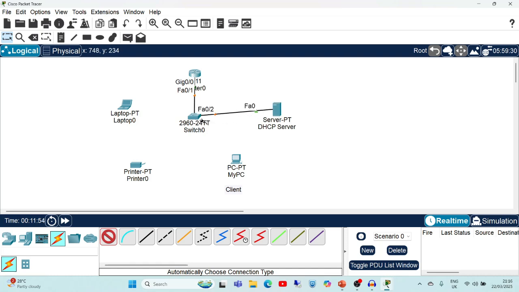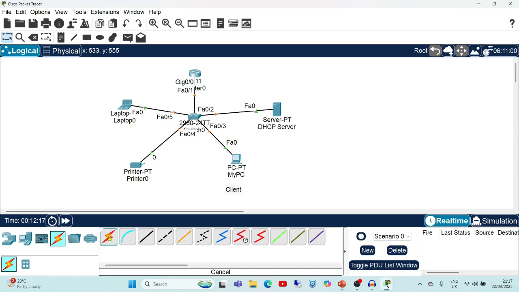And here we are going to connect the switch to each and every device. So like this, you just have to drag and drop the connections. Okay. Once you have done the connections, again you have to disable this connection type option. Means again you have to click here so that your selection of the automatic cable connection will get disabled.